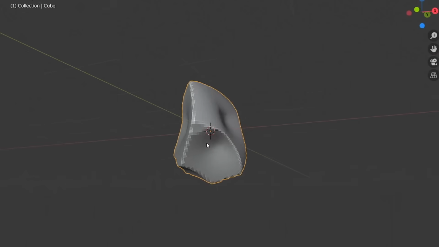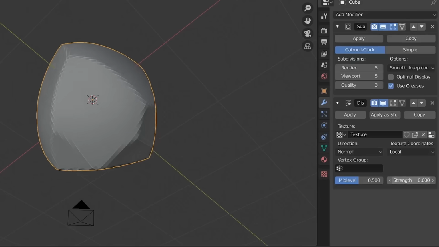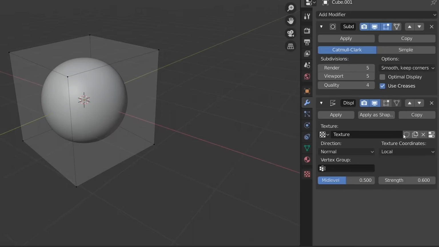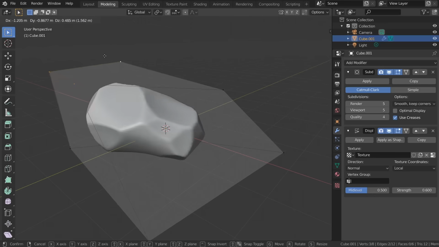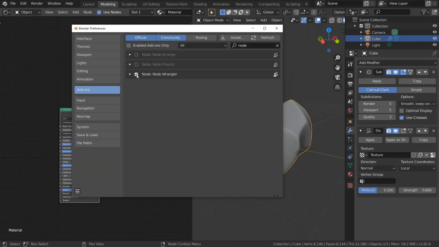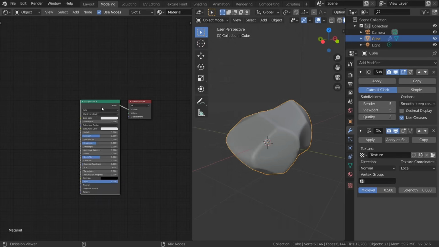I found 1.2 to look nice, and take the intensity down a little. And then take the modifier strength down a little bit and shade smooth. Then if you click the little edit mode button thingy, you can make all kinds of cool rock shapes in edit mode. For the material, enable the Node Wrangler add-on in the preferences, then just Ctrl-Shift-T and open up this